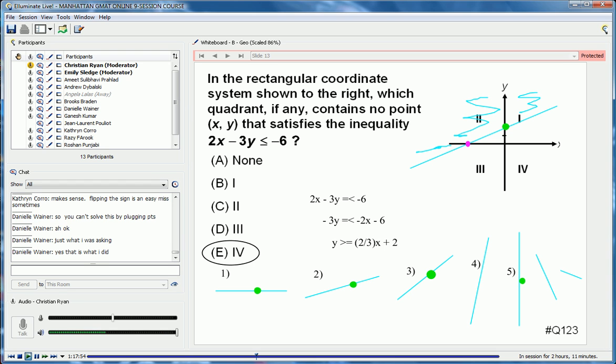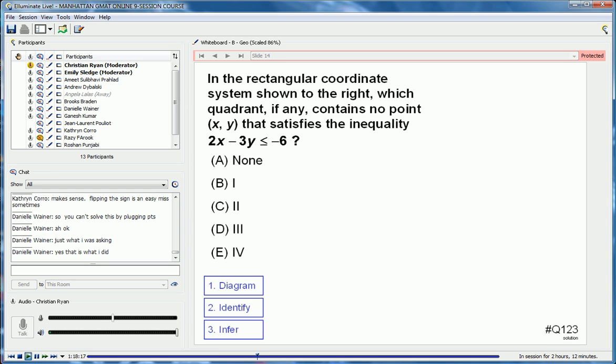However, that doesn't tell you which side to shade. And so then you'd have to test a third point, which would probably be the origin, to test whether or not 0, 0 fits. So there are other ways to solve this problem. However, I really like the slope-intercept form because that applies in many problems here. So again, just to show it,